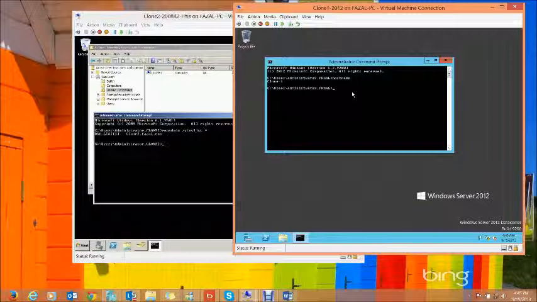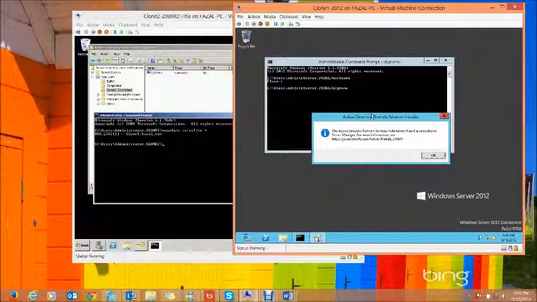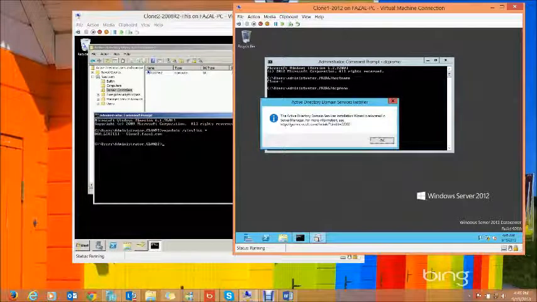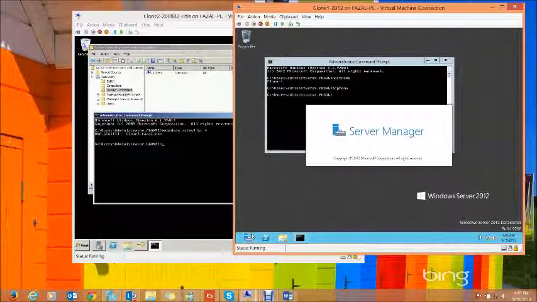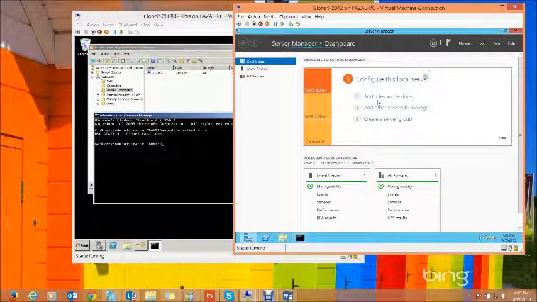And this is the most interesting bit: if I run DC promo on the new Windows Server 2012, the wizard says to go to this link, as DC promo is no longer valid. So we have a different method to promote a domain controller in a Windows Server 2012 environment.